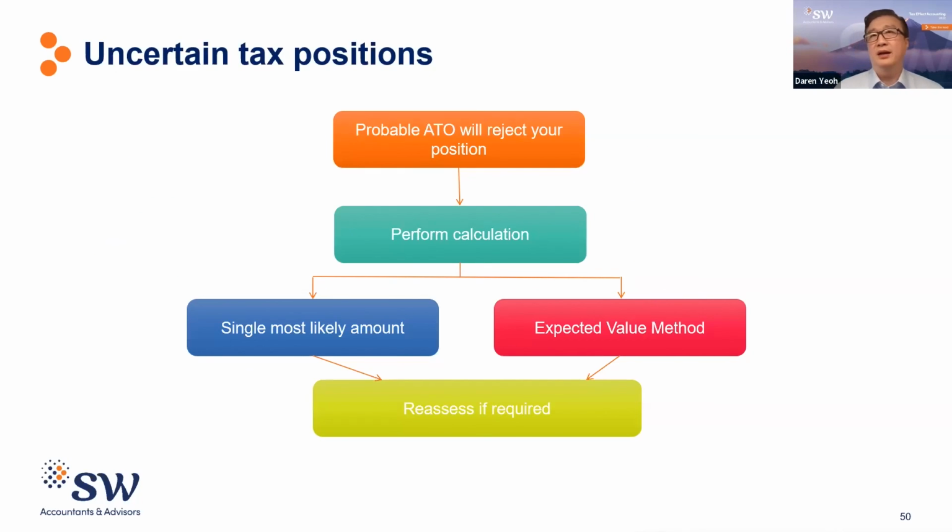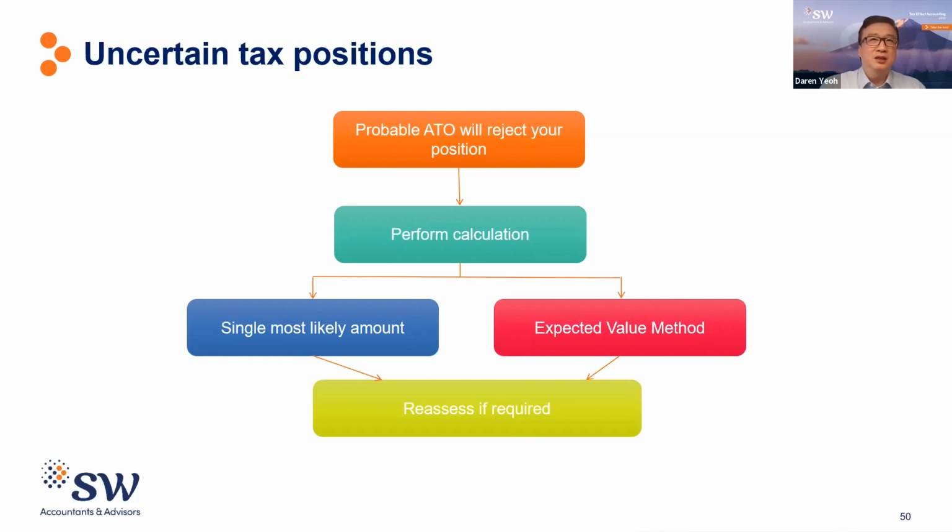So to work out whether or not you need to recognize any uncertainty in your financial statements, you need to ask, is it probable, again, more than a 50% chance, that the ATO will reject your position. So most people would say that, look, there's no way I will recognize anything that the ATO would probably reject. If there is uncertainty, it's most likely I'll get a private binding ruling if required. But let's say